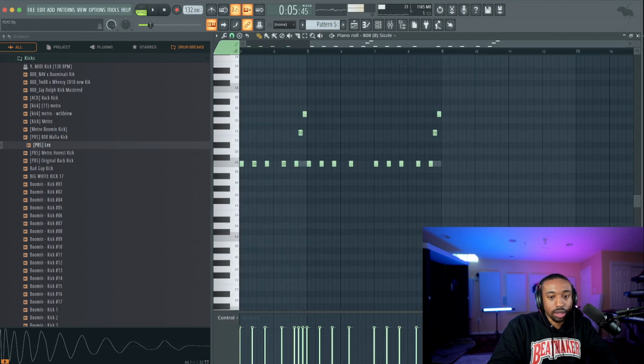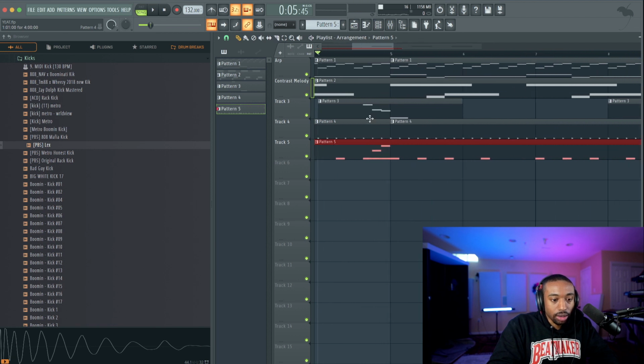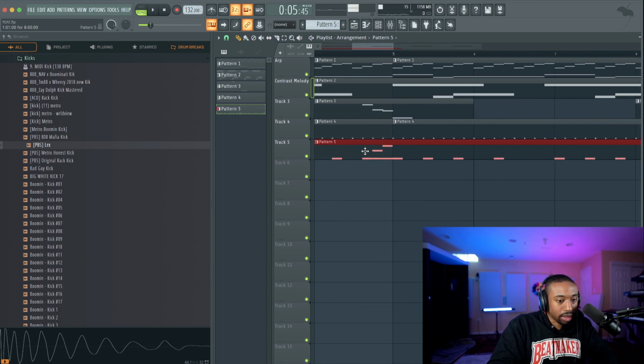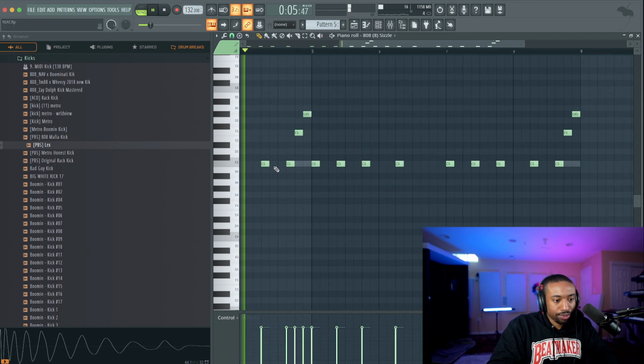So what I'm just going to do is, how do I explain this? You can't just take out the notes and then the 808 stops. The 808 plays until it stops. So what we need to do is actually go in, see where they overlap. So it's at the very end, it looks like. And then like right here, I'm going to add a note and then turn the velocity all the way down to 0.